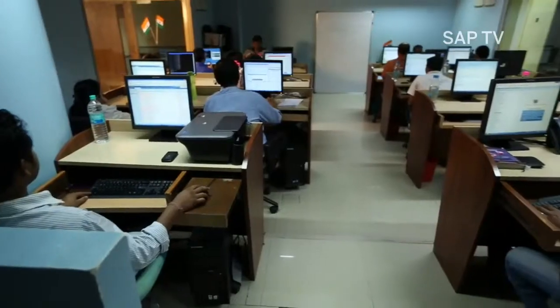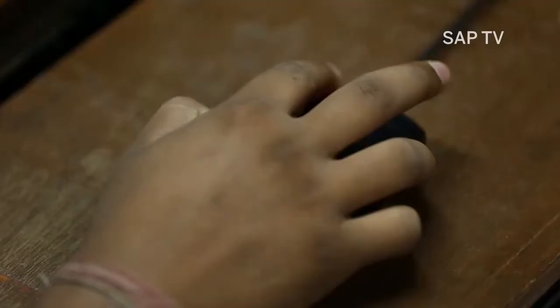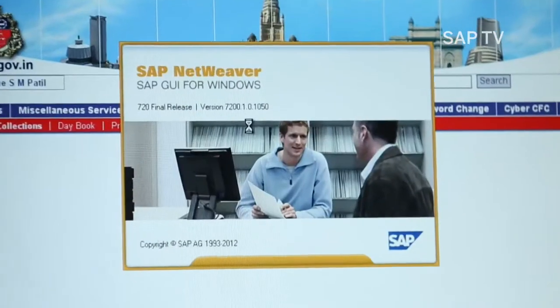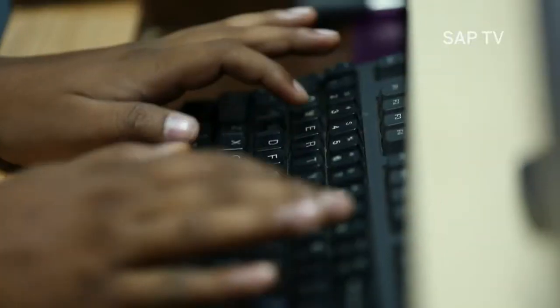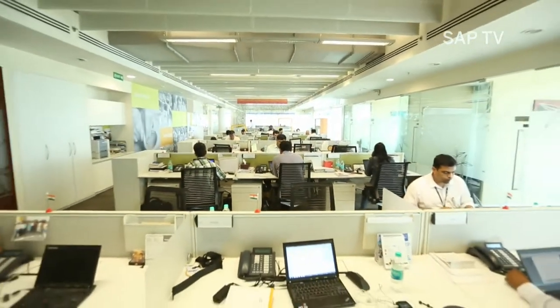More than 350 locations or offices across Mumbai are connected to this single data center. MCGM relies on SAP solutions like SAP ERP and SAP CRM based on SAP NetWeaver for almost 80% of its processes. With SAP's latest in-memory and mobile solutions, the citizens of Mumbai will soon benefit from even faster services wherever